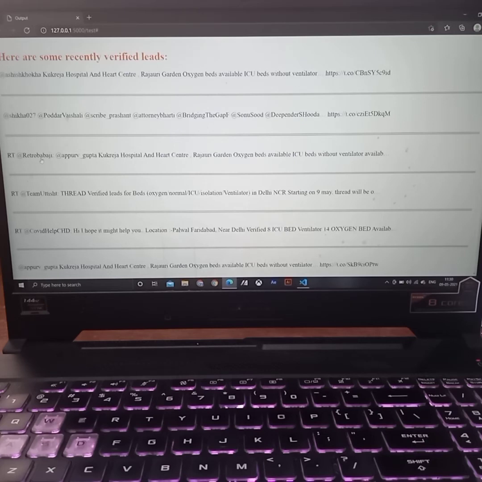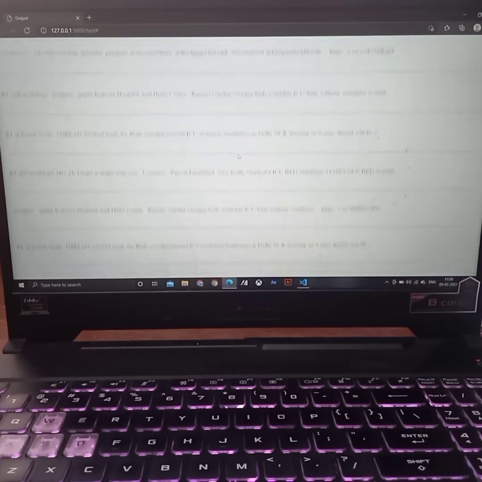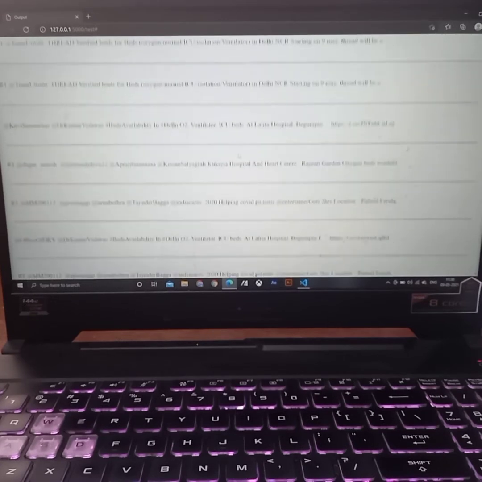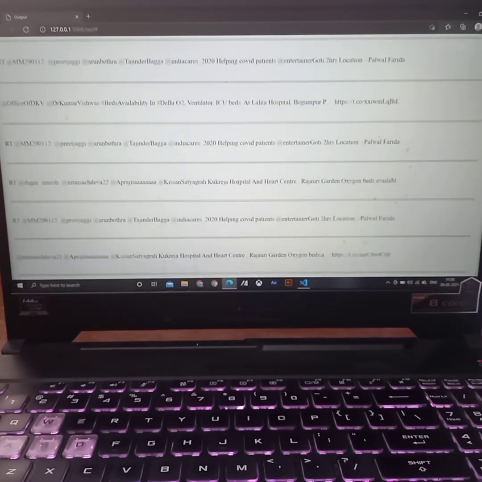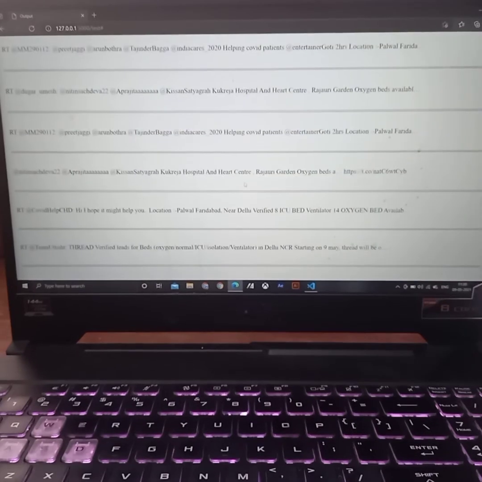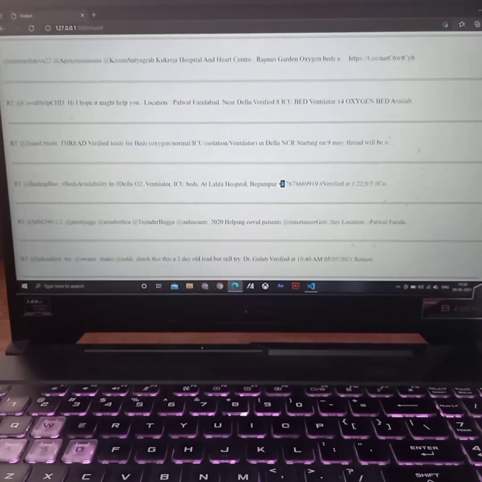These are the verified tweets for oxygen beds in Delhi. It can be seen that many of the verified tweets which people have put forth for helping others are visible on our website.